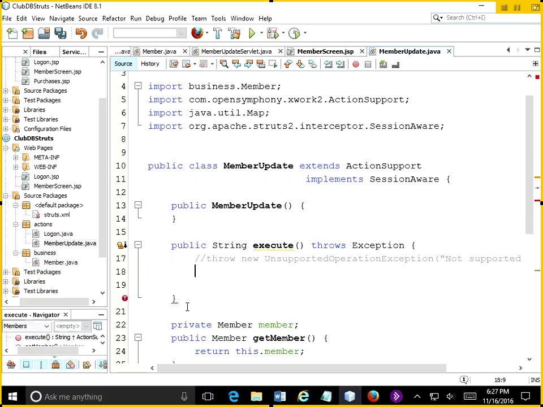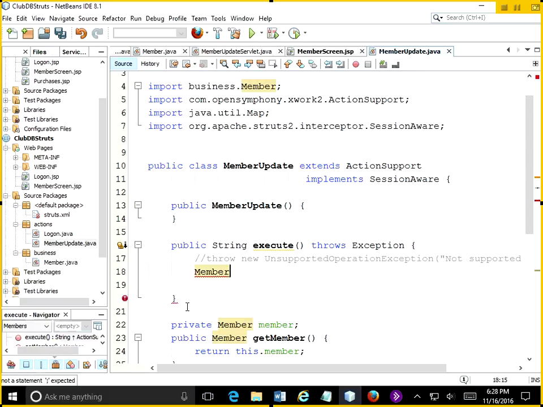We're coming from that through the button that says update my member data. And I'm not going to do an update, but I just want to see if the member object that comes into my action is based on the screen data, which I can change, versus the session object member that is